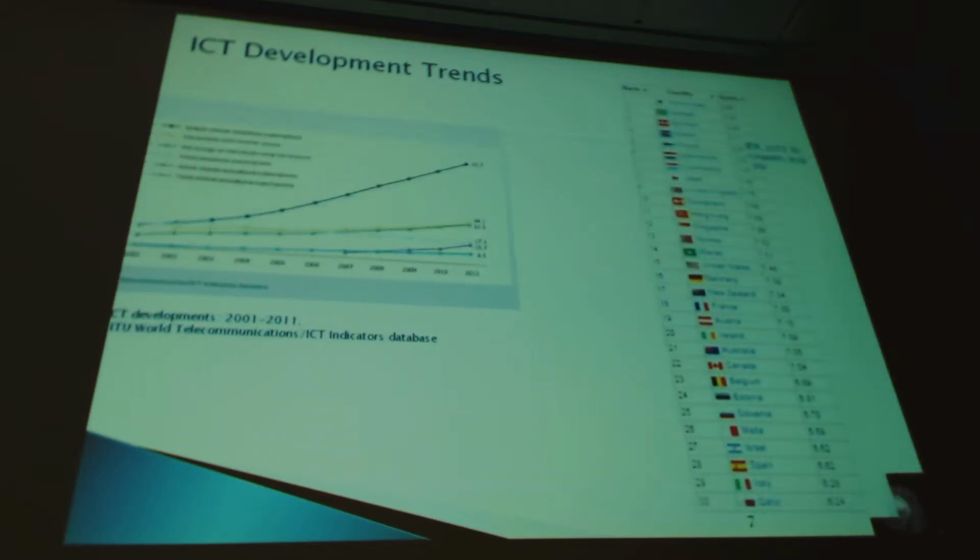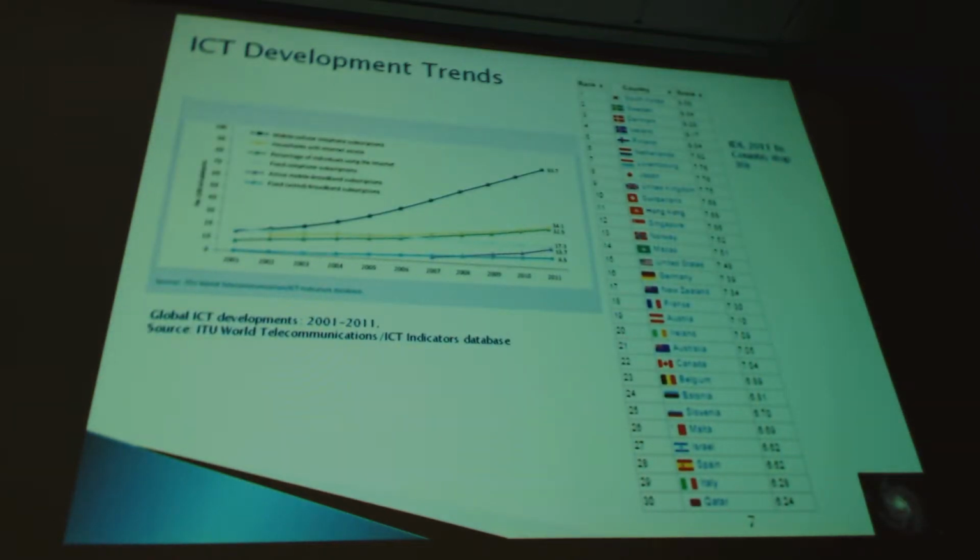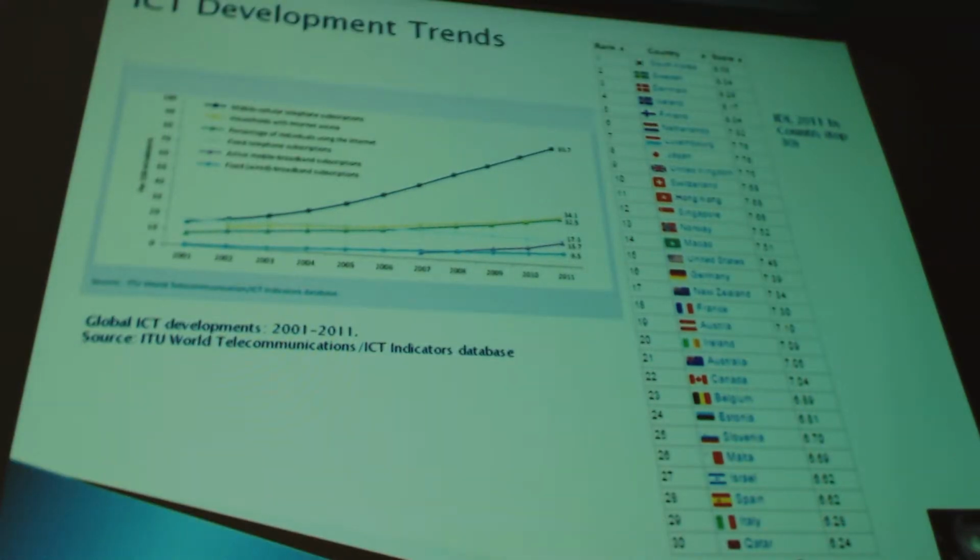Now, these are the development trends where the benchmarking has been done with respect to various indicators. This shows the growth of various indicators from 2001 to 2011. The highest growth rate is in the mobile usage area, where you can see that there is a decrease in the landline usage across the years, which is really true. And this shows the top 30 countries ranked by their IDI. So this is real data benchmarked for all these indicators for all these countries.